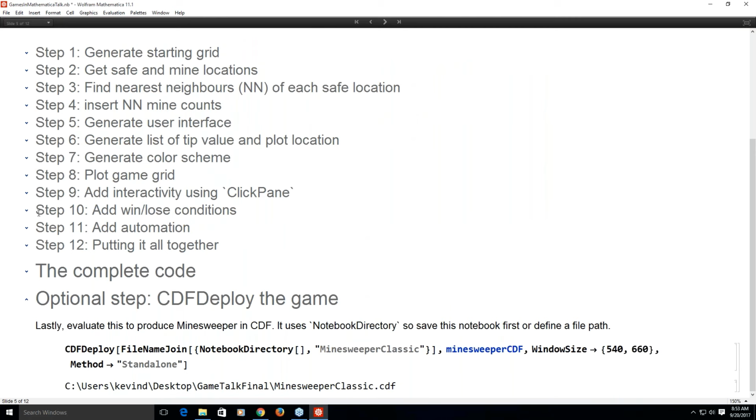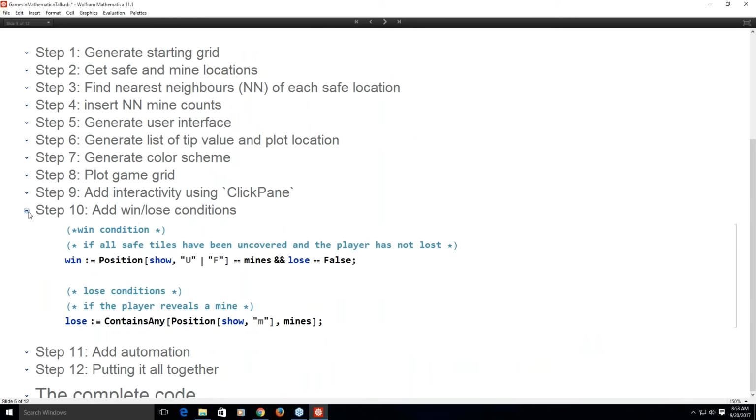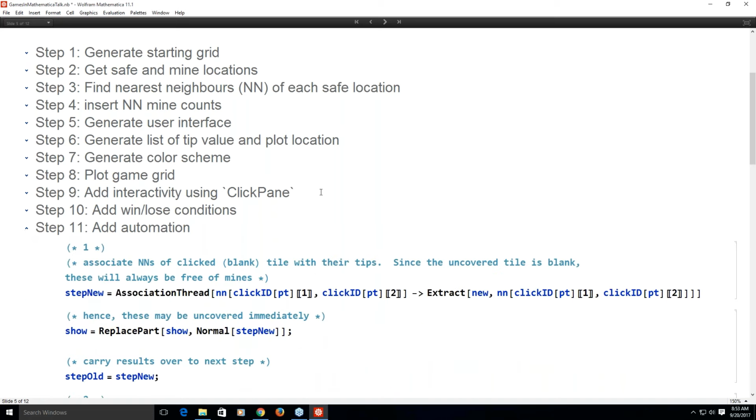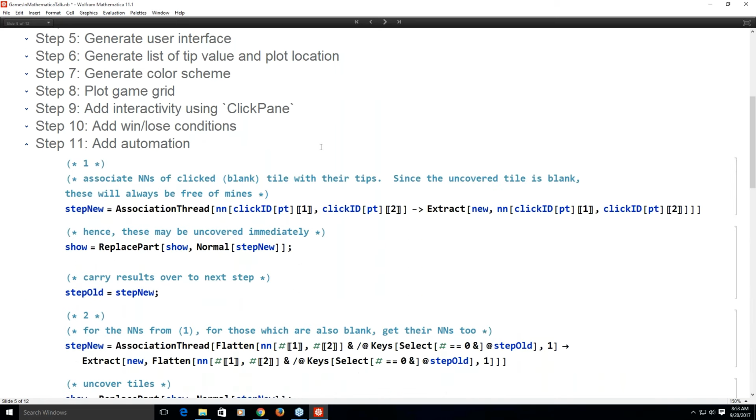So, and the rest is sort of just icing on the cake. You can add a win-lose condition. Basically, if you've clicked a mine, you've lost. And this is really, step 11 is the meat of this game, where you actually have to figure out how